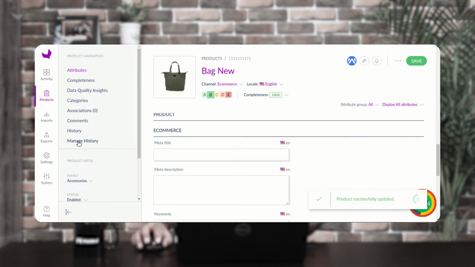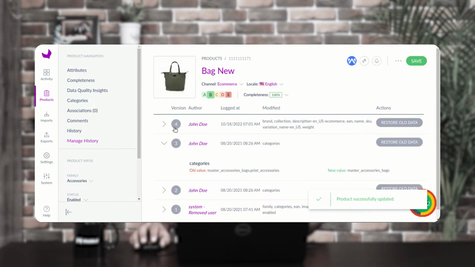Now if we go to the Manage History section, here you can see the version number 4 is there. The author is John Doe, the login date is today's date and today's time. The modifications are done to brand, collection, description, EAN, name, SKU, variation, and the weight as well. So if I want to view these